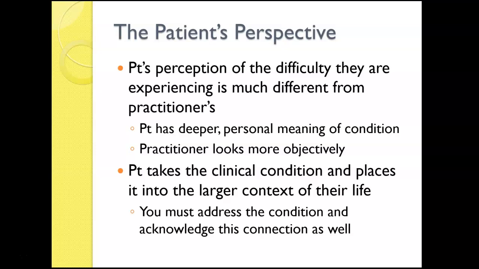We think about that clinical condition and we need to look at it in the aspect of their life. So yes, we look at it more objectively: okay, their range of motion is lacking, they're not strong enough, and they have swelling, but what is that doing? Well, they can't walk up the steps, they can't sleep long enough, and they're uncomfortable. So we have to think of it on more of a personal meaning for the patient and sometimes not so objectively. And again, we have to realize that there's a different connection between both of us. The patient's perspective on the condition is going to be different than our perspective on the condition.